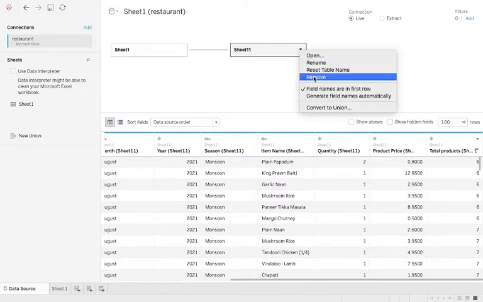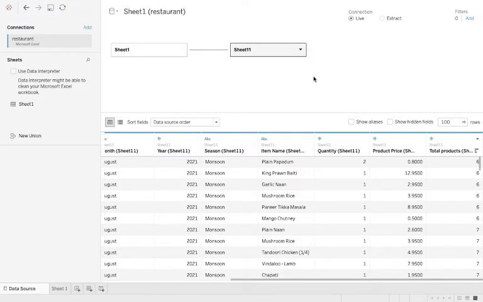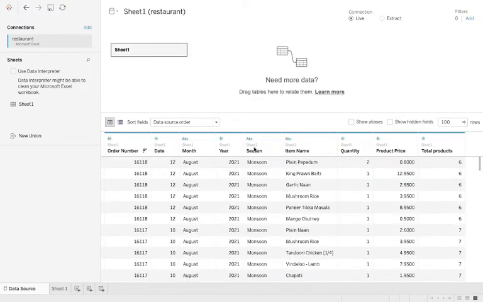You just need to click on this arrow and click on remove, so this will be removed for us. This is basically how you can join various tables. Also, you'll get an option to do a left join, outer join, inner join according to your requirement. You can easily do that.